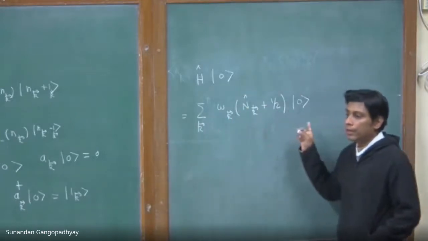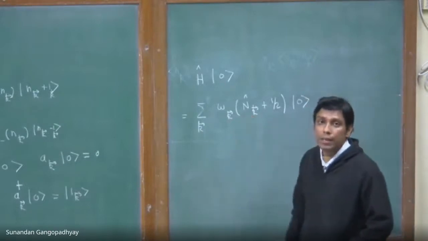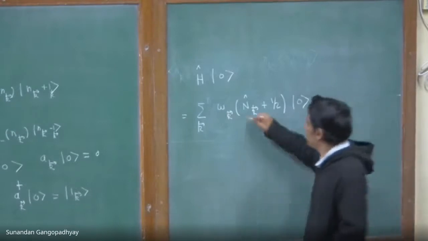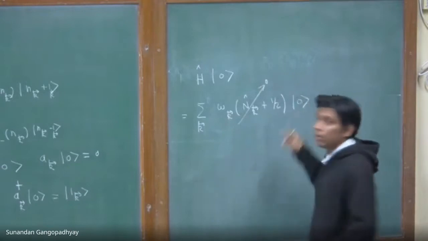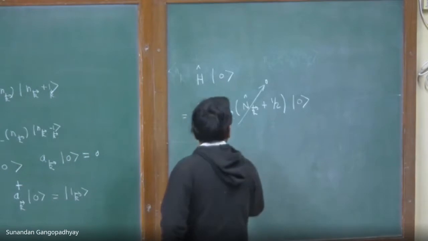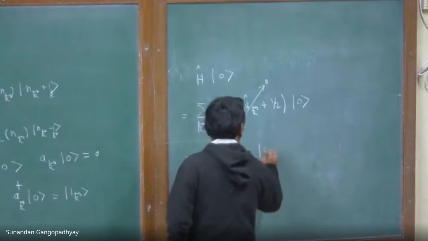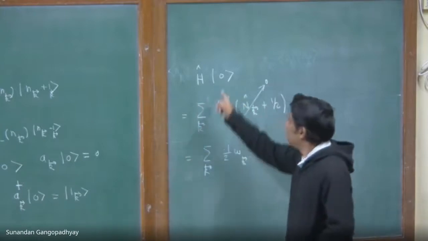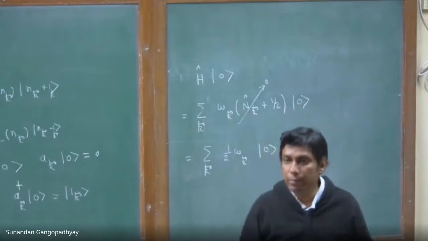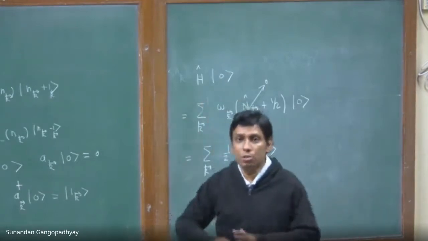So this is what you will get, this Hamiltonian operator acting on the vacuum. But n_k hat, which is a dagger k a_k hat, acting on the vacuum annihilates the vacuum, so this term is 0. This term acting on the vacuum is 0, and therefore what we get is summation over k of half omega k. So it tells you that this vacuum state by definition is the state which gets annihilated by the annihilation operator, and also it is a state which contains 0 particles, no particles at all.